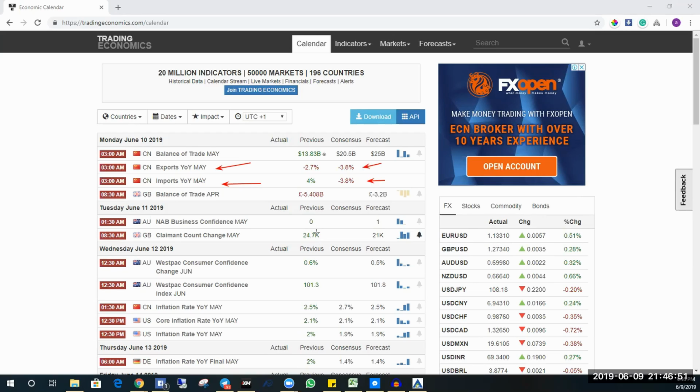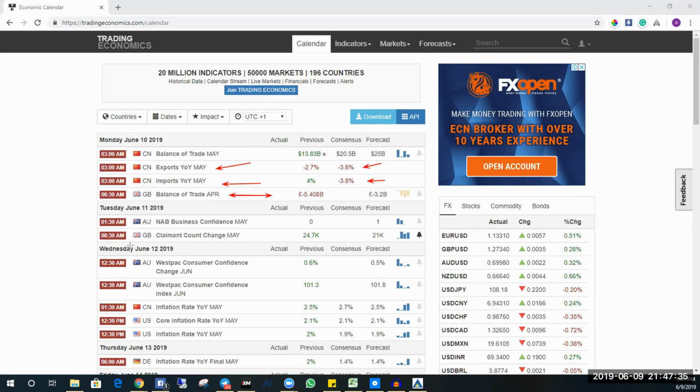Which could definitely align with the general market sentiments that global markets slow down. The balance of trade numbers is expected to maybe increase by between 20 to 25 billion. So definitely might see a very volatile week. We also expect some numbers for the British pound, balance of trade, the high impact news. The deficit is expected to shrink from 5.4 billion to about 3.2 billion.